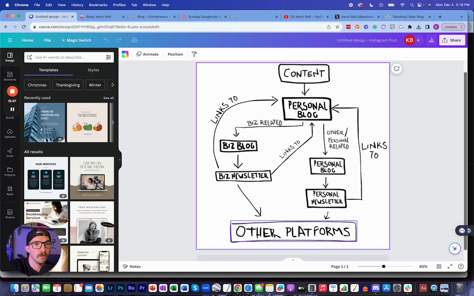Okay. So again, start simple. Start with writing your content if that's the way you choose to create it to begin with. From there, try a personal blog. Use Bear blog. It's super easy, really simple, and it's really all you need. Capture emails, send them out, and they distribute the content to the rest of the platforms. That's it. Piece of cake.